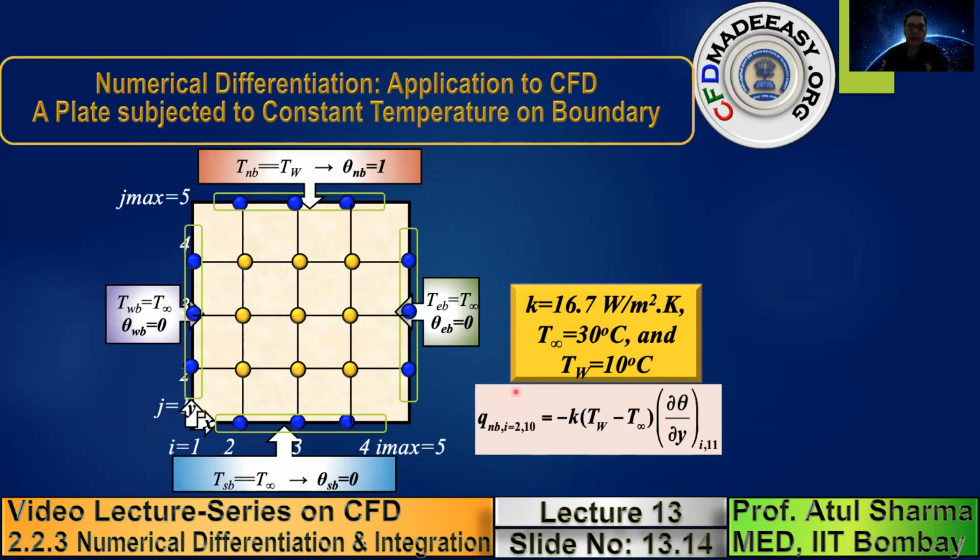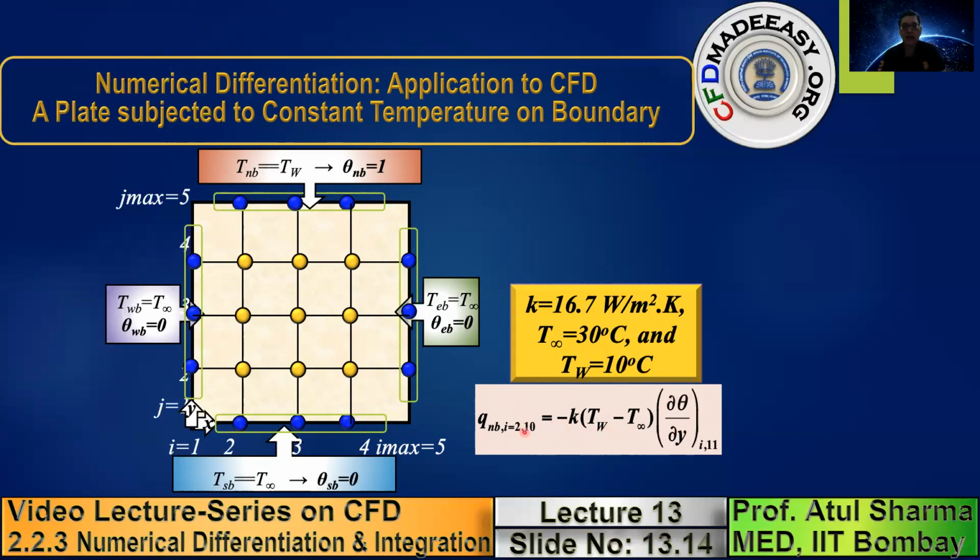This is the expression. So I will show you numerical differentiation for obtaining the heat flux on the north wall. This is an expression for obtaining the heat flux on the north wall. Right now in this I am showing you 5 points, but in the next slide we will consider 11 points. When we consider 11 points, the internal grid points will be from 2 to 10, for which we will be calculating this using this formula